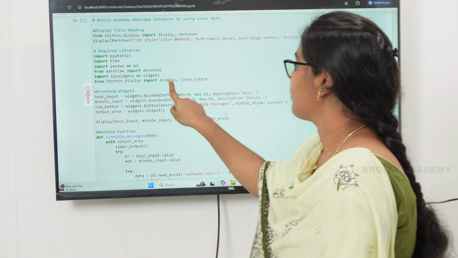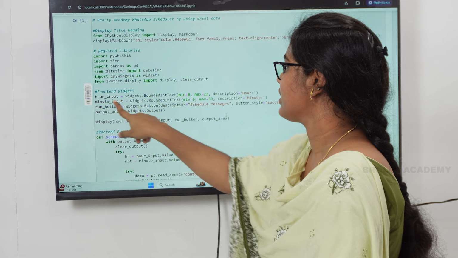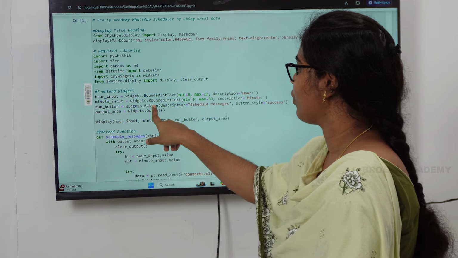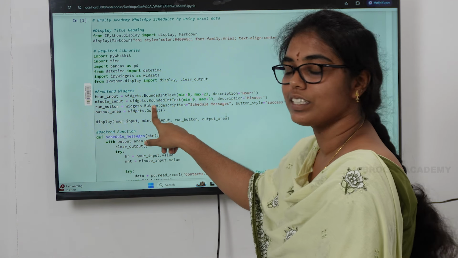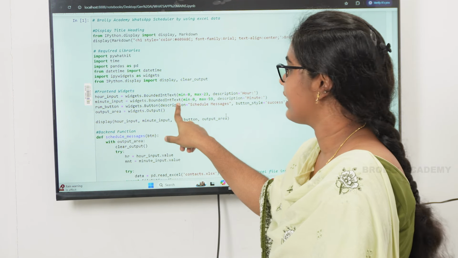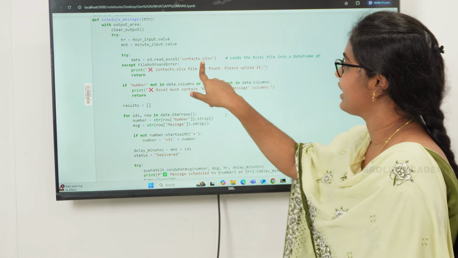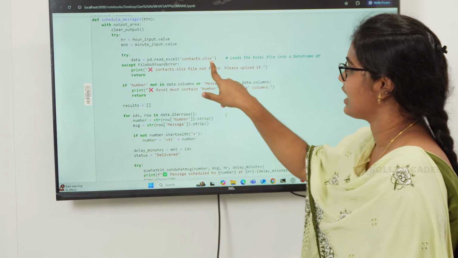So these are the libraries, the same as the above one, and here the front-end widgets are hour input and minute input, because here there is no message and phone numbers. We already have this data in an Excel sheet, so I'm loading that Excel sheet here, contacts.xlsx.